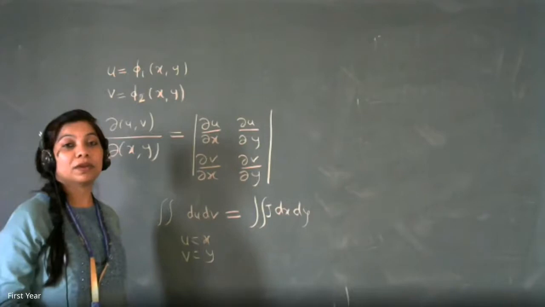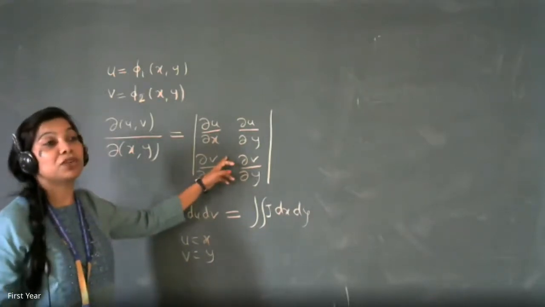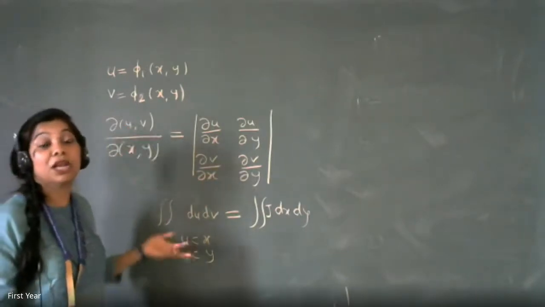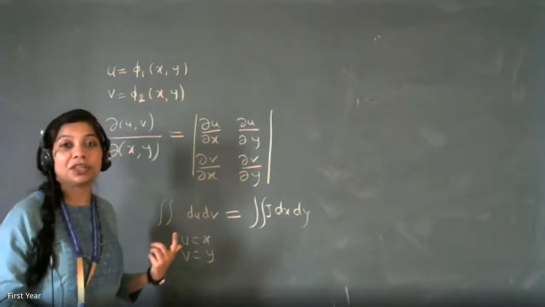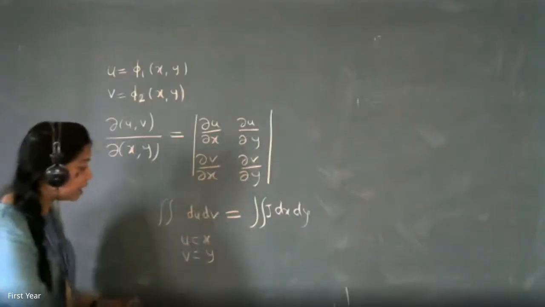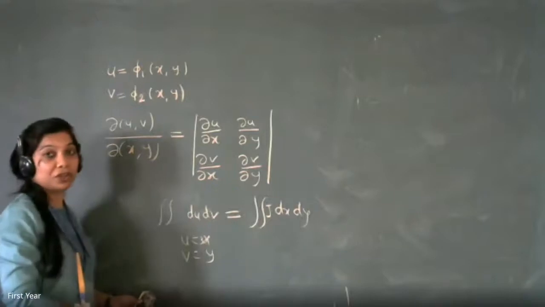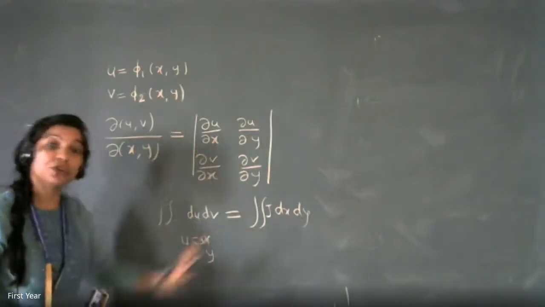If it is a single number, say for example, sometimes this value can turn out to be 3, because your equations for u and v will be, for example, 2x minus 3y, 4x plus 3y. Single power 1, linear equations. Then what will be the derivatives? They will be constants. And here also du dv will be directly related. If it is 3x, what will be du? 3, that we can get directly. So at that time J will be constant. But the more generalized case is that it will be a variable. But it can be constant also.